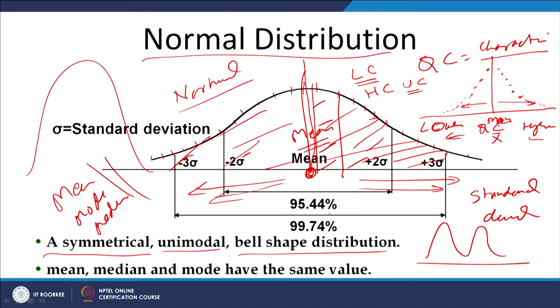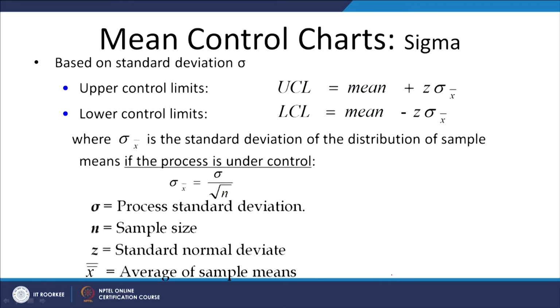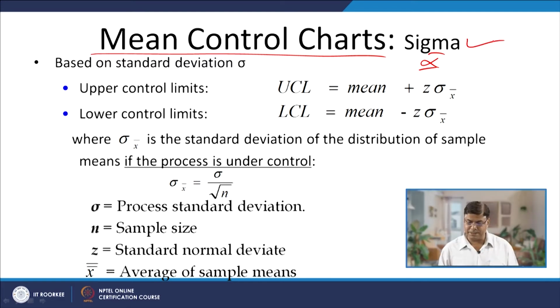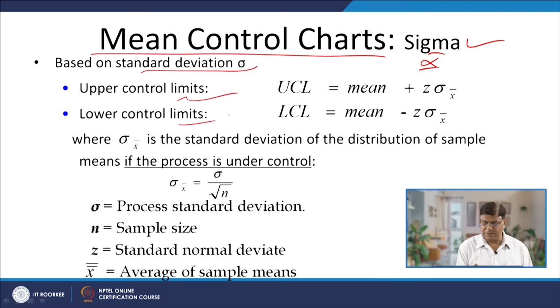So, what we have seen is that whenever a number of things are produced, there is always an average, and the quality characteristic values are falling, a few on the higher side and a few on the lower side with respect to the mean value, and that most of the time follows the normal distribution. As far as plotting the mean control charts for x bar is concerned, using the sigma value for the process standard deviation, upper and lower control limits can be plotted like this.